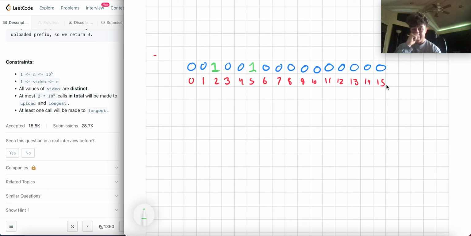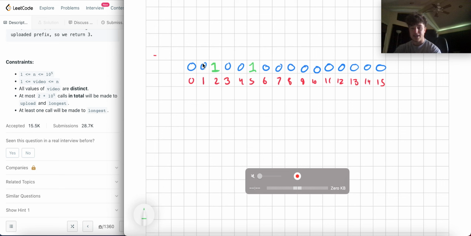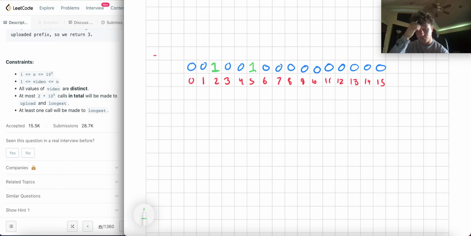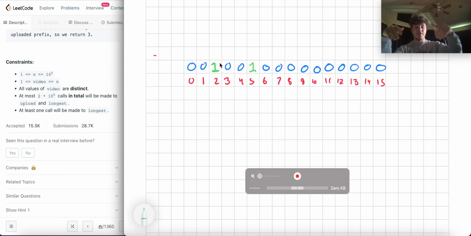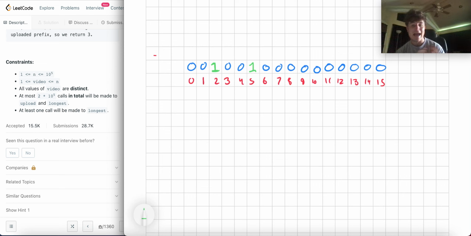So when it looks like this, the longest is 0 because 1 hasn't been set, so there's not even one consecutive 1 to look at. And then we have these 2 prefixes of size 1, but we need to somehow capture the length of all the prefixes within the system in order to find this answer.